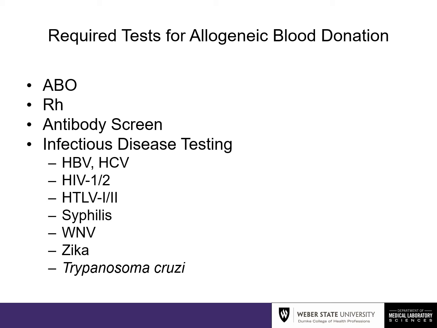And then our antibody screen is there to help detect any underlying allo or autoantibodies the donor might have. If your antibody screen comes back positive, then you will have to go on to perform an antibody identification panel. And then for our infectious disease testing, we will test for hepatitis B, hepatitis C, HIV 1-2,